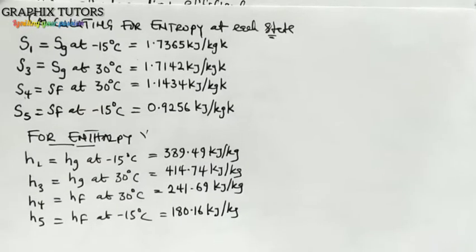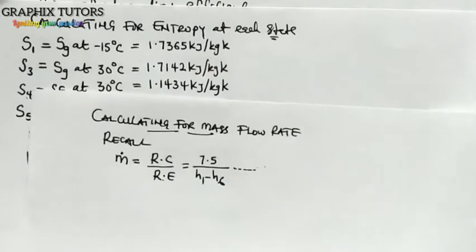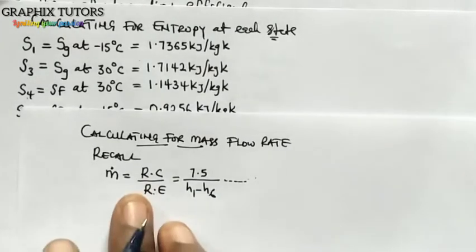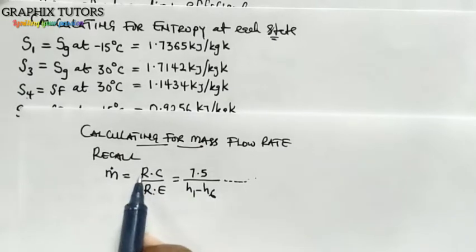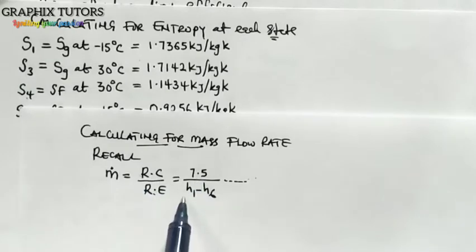So these are the values we'll be using. So we'll now go back. So after this stage, the next stage we'll still calculate for what? Our mass flow rate. Right? So the first question is that calculate for mass flow rate. So the mass flow rate is given as what? Refrigeration capacity over refrigeration effect, and our refrigeration capacity is 7.5 as given in our table,